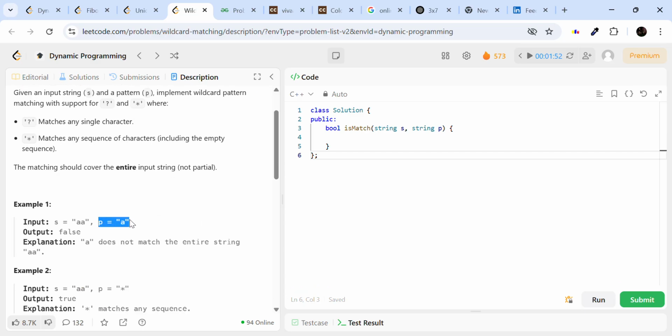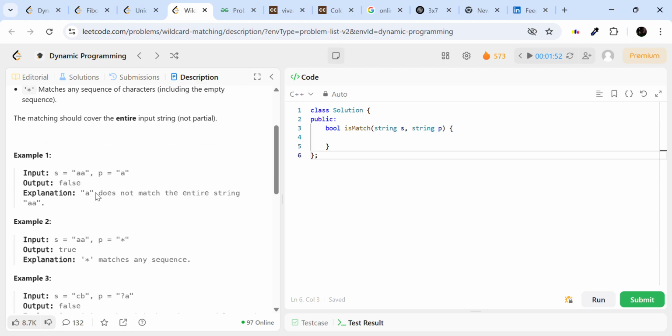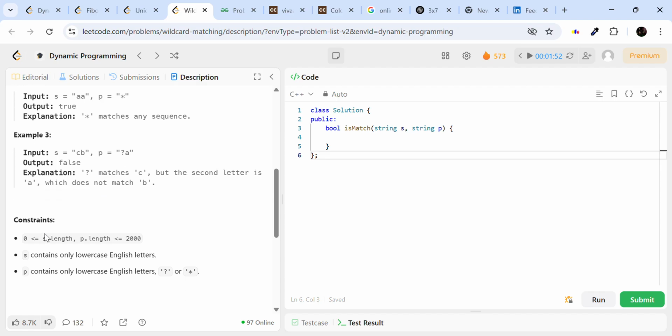Basically, we are given a pattern string and a string. The pattern string will contain, along with some lowercase letters, question mark and star characters. The question mark will be replaced with a single character and star will be replaced with zero characters or any number of characters. Okay, and the constraints are